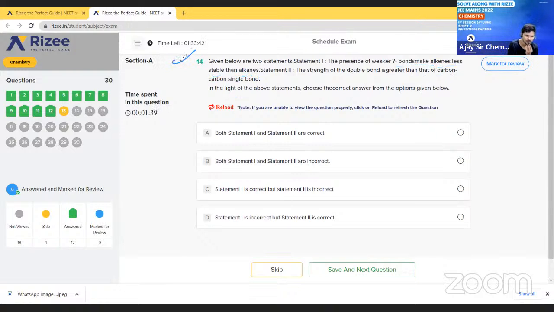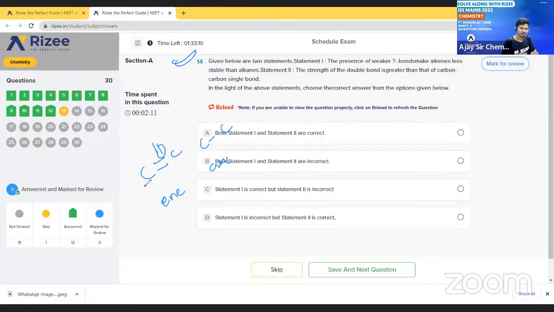See here, what is the first statement? The presence of weaker bonds makes alkenes less stable when compared to alkanes. Is it correct or wrong? Yes, obviously this is correct, because in alkenes pi bonds are present. For example, in between carbon a double bond is present, so this is an alkene. I'm just writing it. This is an alkane, a single bond is present. So when this weaker bond is present, it will decrease